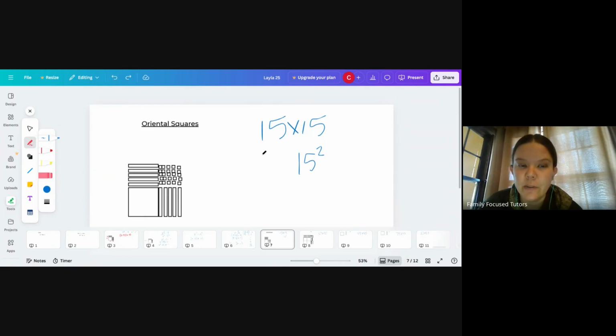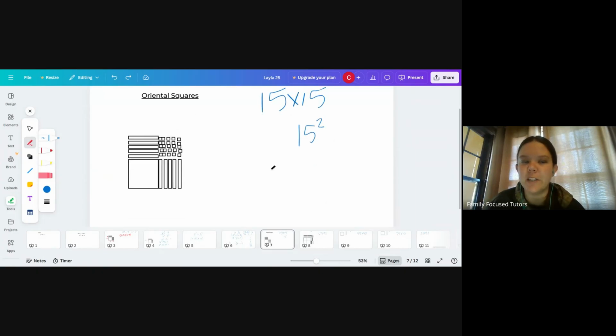What you do, it's kind of an easy way to figure this out instead of taking 15 times 15 and then doing all the math. Like if you didn't have a calculator, it just makes it a little bit easier. So right here, I built 15 times 15. So this is 15: 10, 11, 12, 13, 14, 15, 10, 11, 12, 13, 14, 15. Okay. And then to make the perfect square, we have our 5 times 5